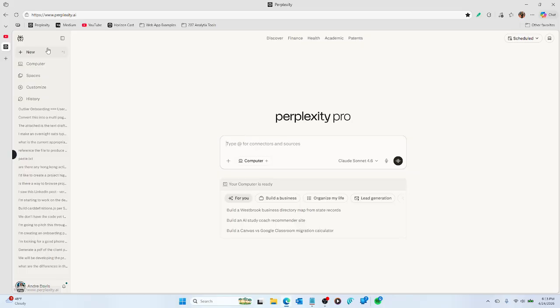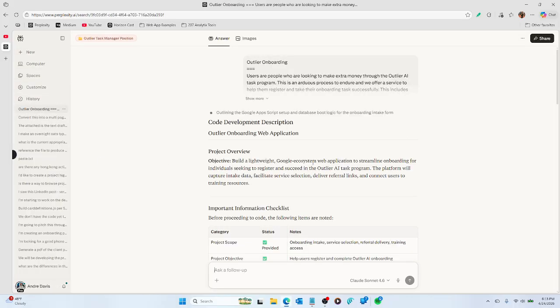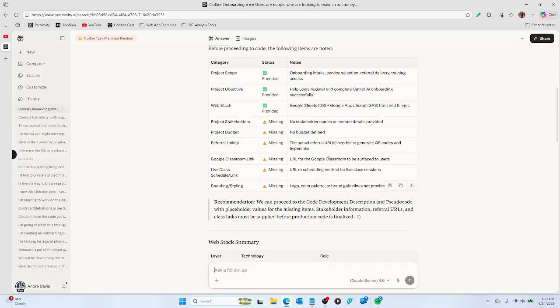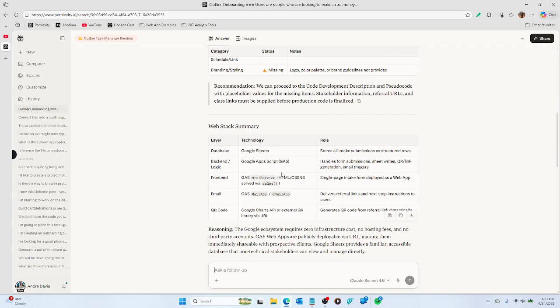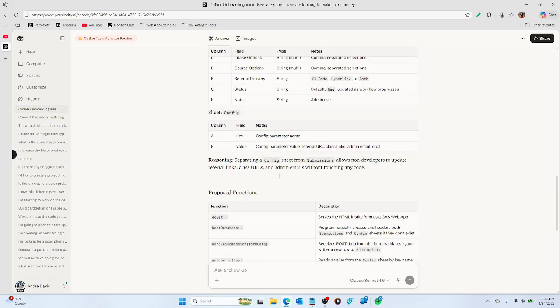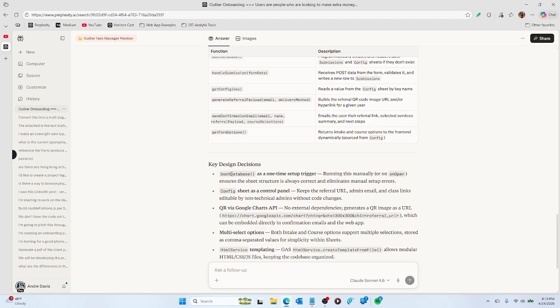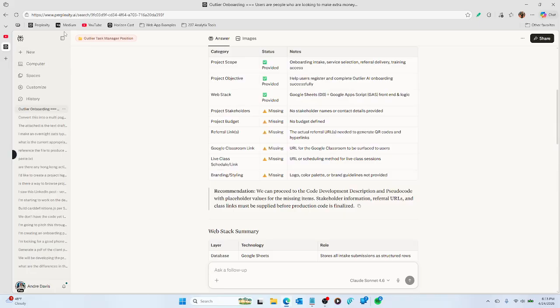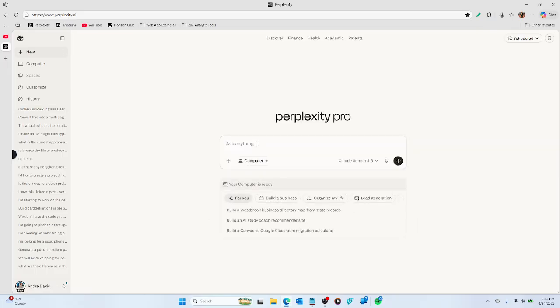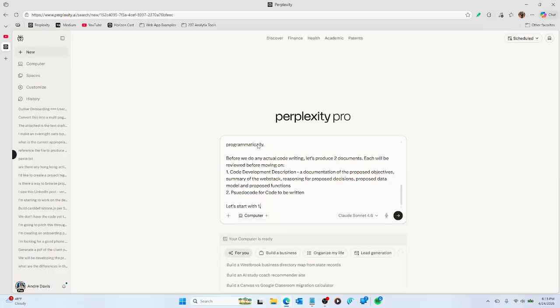I started doing it. Oh, let me show you actually. Started doing it on this just before I decided to record something. But you'll see these are missing things, which is not based on our prompt, but based on the instructions that it has. It's asking for a lot of stuff that I just don't want to provide right now. So in this scenario, go back to new, paste that, hit enter,